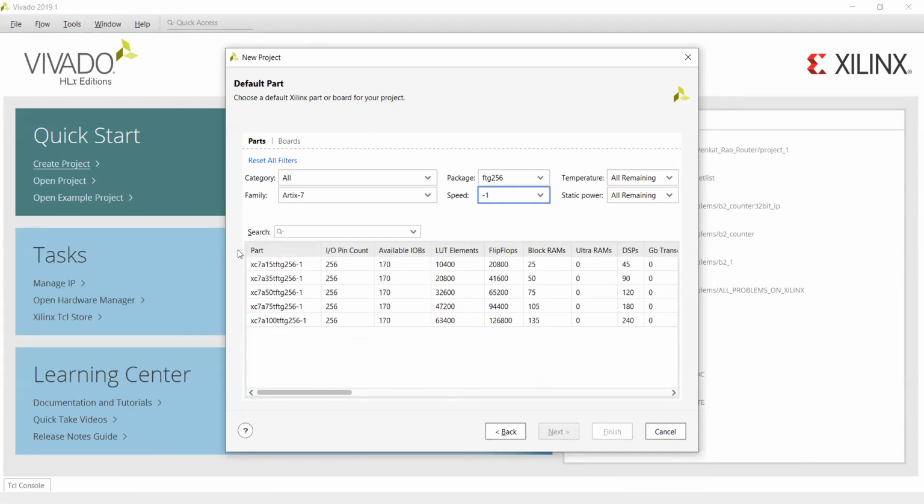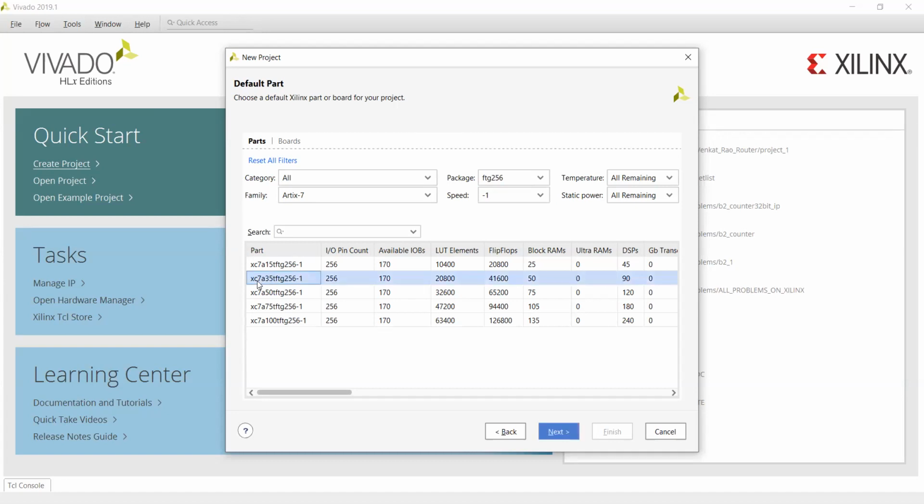Every individual IC has a certain name and number, and those numbers and names are printed on top of the package. The part number is called XC7A35T. I'm selecting XC7A35T right now.